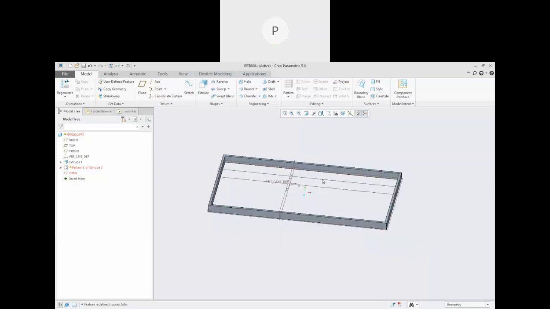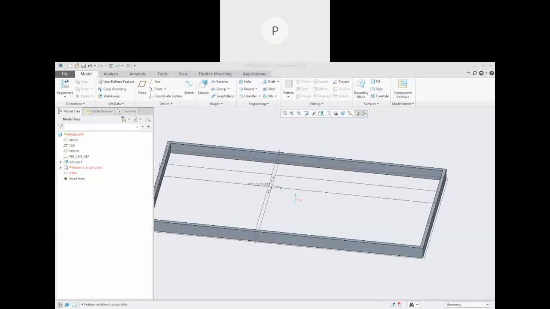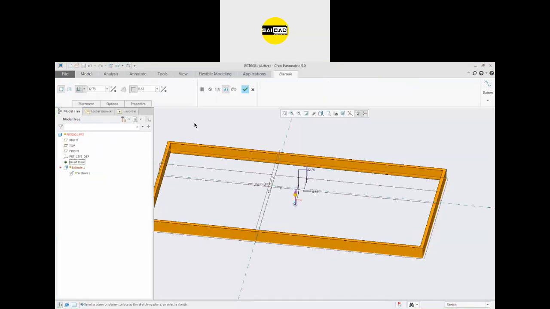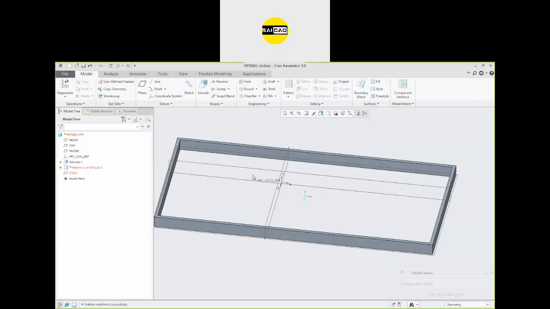Okay. So any other question? Someone asked about the pin feature. This is the type you can apply simply from extrude and go to here. This is the second sketch option from here. Create it from here. Okay. So we have covered every command from the solid modeling. If you have any question, please ask.